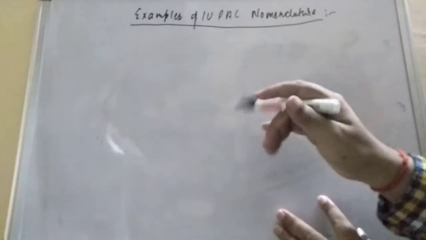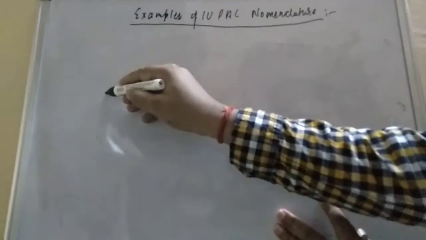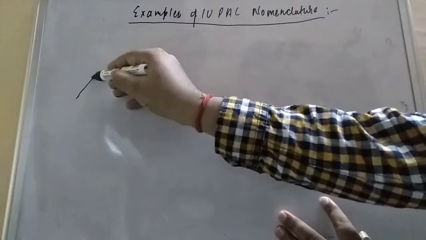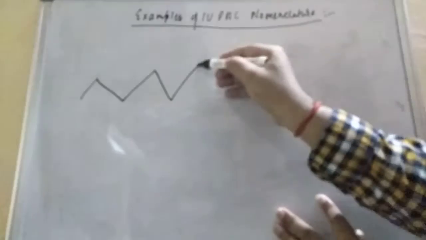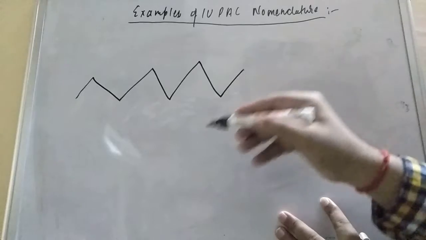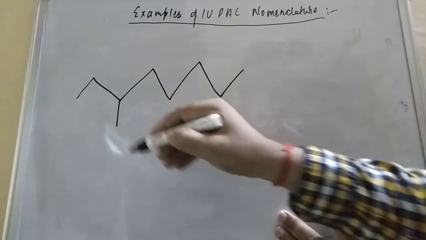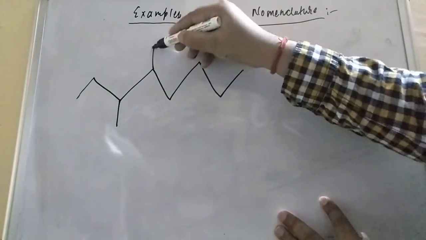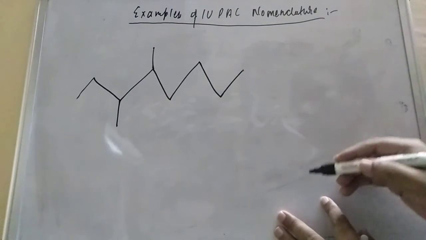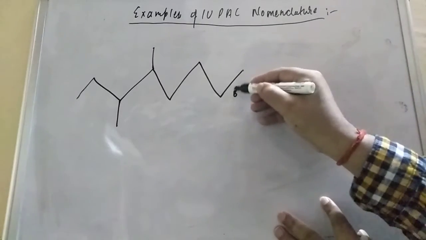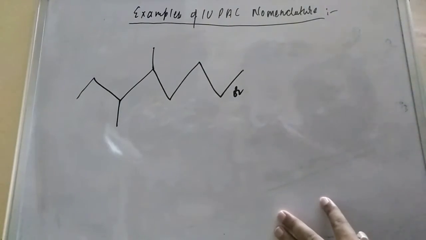So if you want another example, let us see, student, I am giving you one problem. I am writing it on the extreme right of the board because the compound is quite big. I am taking this one. Here I am putting 1 dot, and here I am putting 1 dot. The same compound, how to write it, student?